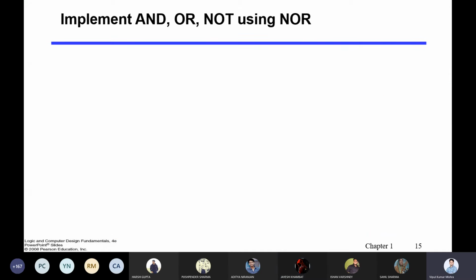Similarly, you can represent AND, OR, NOT using NOR gate as well, right? So if you say NOT, let me do it quickly for you. So NOT remains the same. If you say x, you'll get x bar here. Then let me draw the OR gate here.